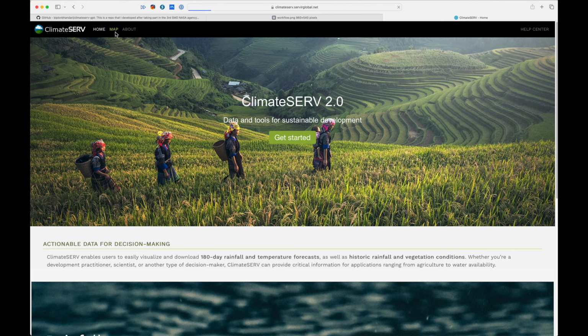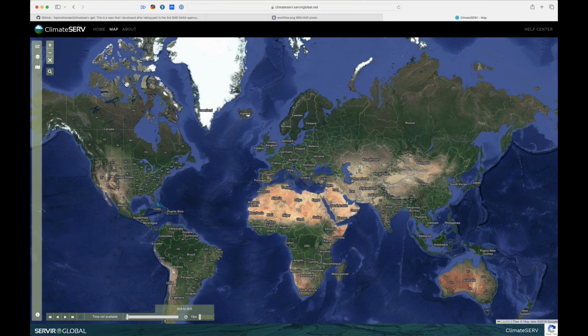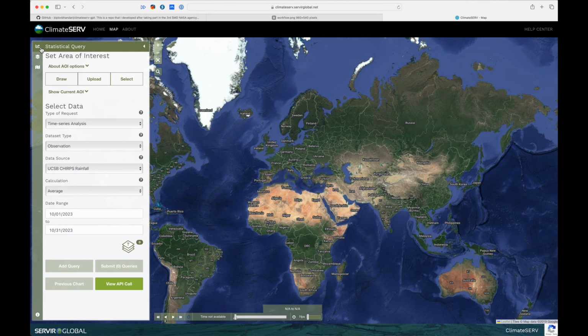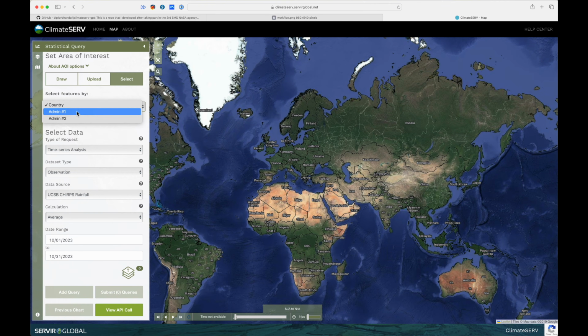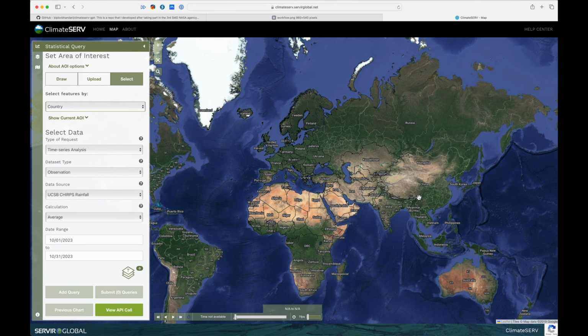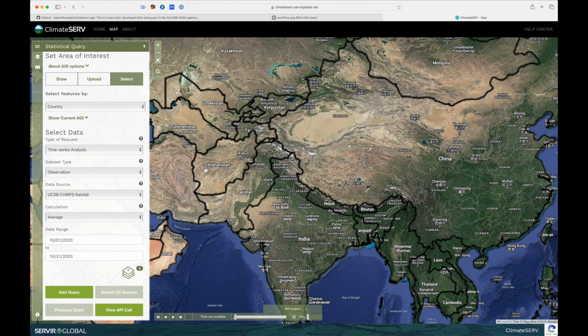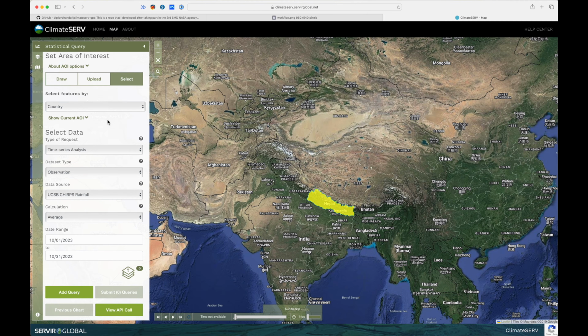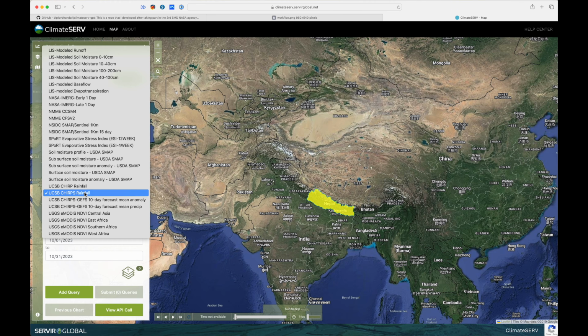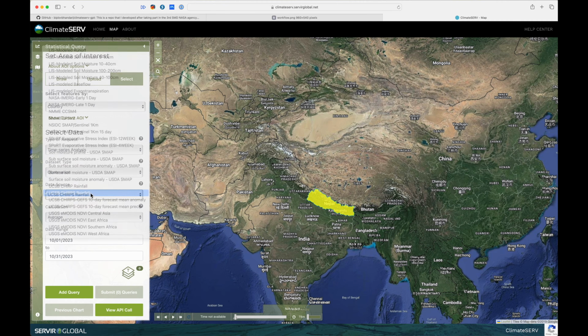Now the current usage is from their map interface, where users can draw your area of interest, or you can even select from the list of countries. Once you click on the map, it will select that particular country. I'm doing a time series analysis in this case for observation data sets, and I'm interested in looking at the CHIRPS rainfall data set,